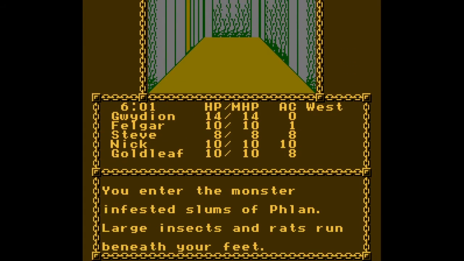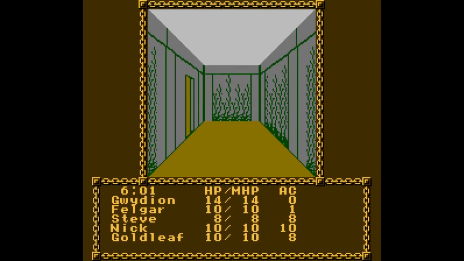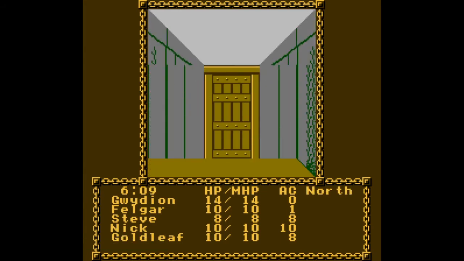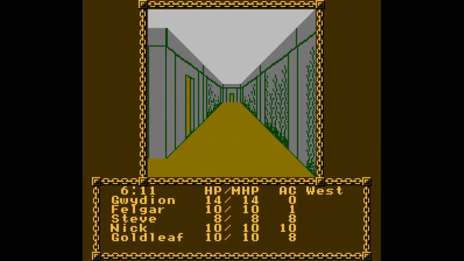You enter the monster-infested slums of Flan. Large insects and rats run beneath your feet. You can hear an alarm at the distance. That's not good. So we're gonna, before we fight anything, and the monsters will run away because,